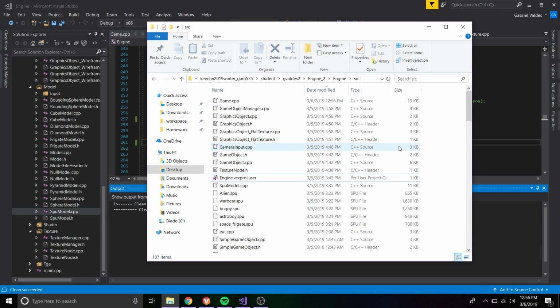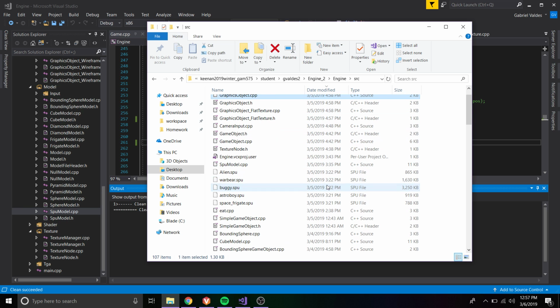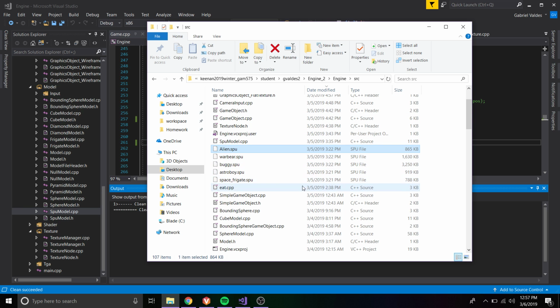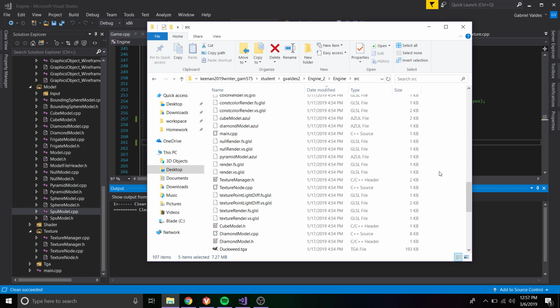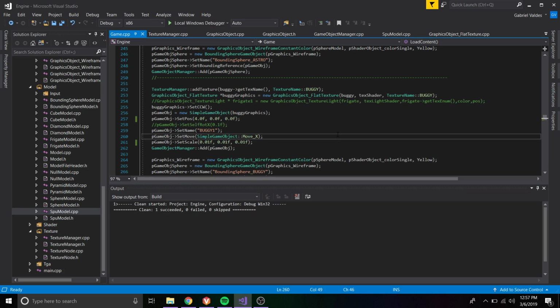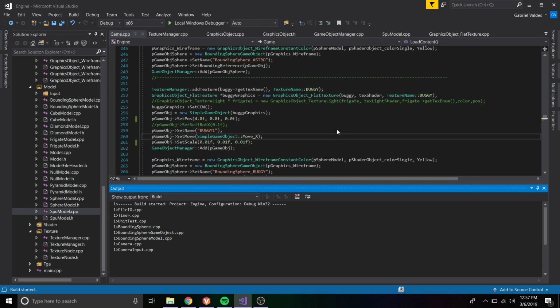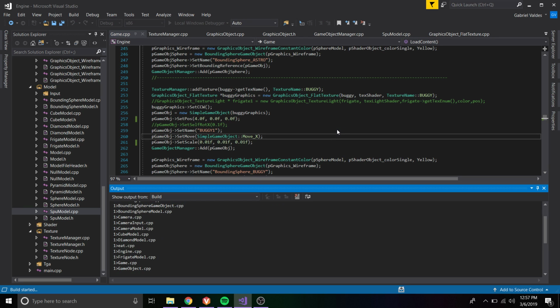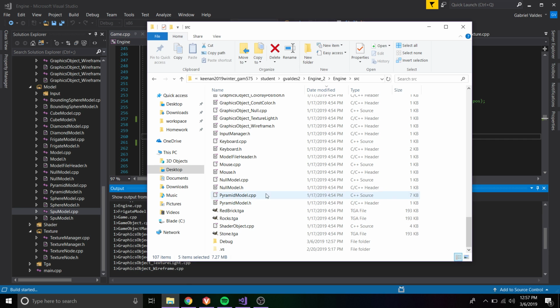So here, let me just show you. I don't have the Azules in or anything, so I just have the SPUs. And then when I create it, obviously I create the Azules and then write the textures into the Azules. Oh, also, yeah, the textures aren't there, right? So